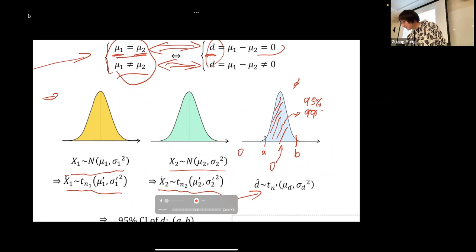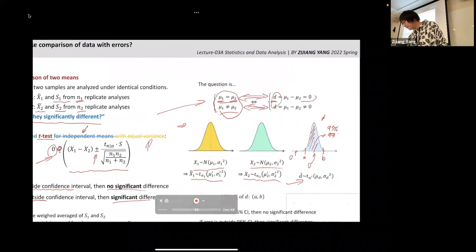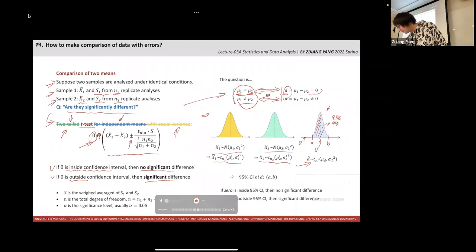If 0 is outside this range, then D and 0 do not equal. Finally, we can do some derivations, and we have this result. When we have a 95% confidence interval, which is the range of A and B, then we can say